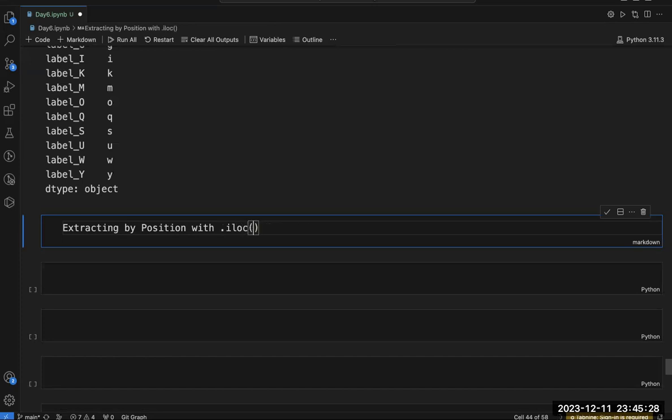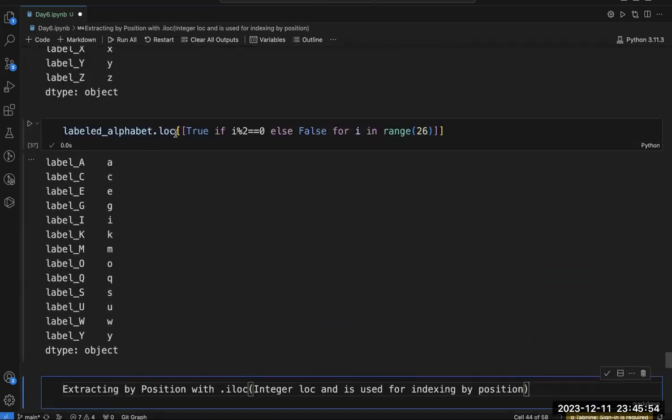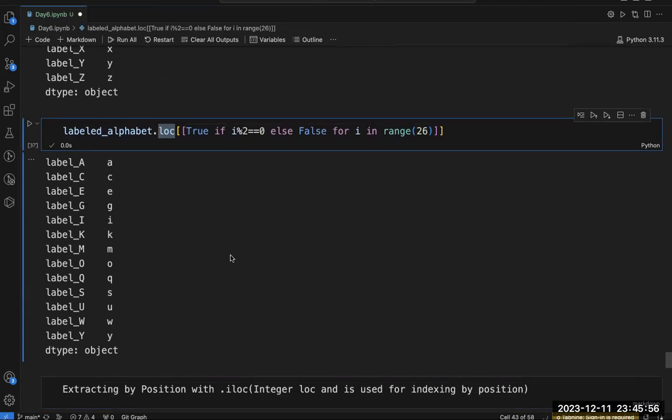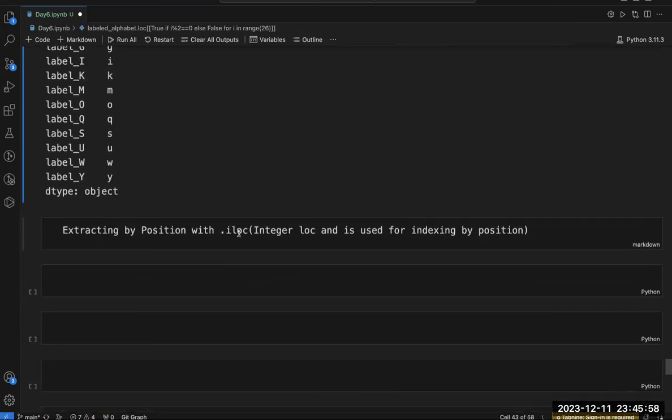Integer loc, you can call it integer loc, and it is used for indexing by position. We have discussed just .loc, and now we are discussing this .iloc.